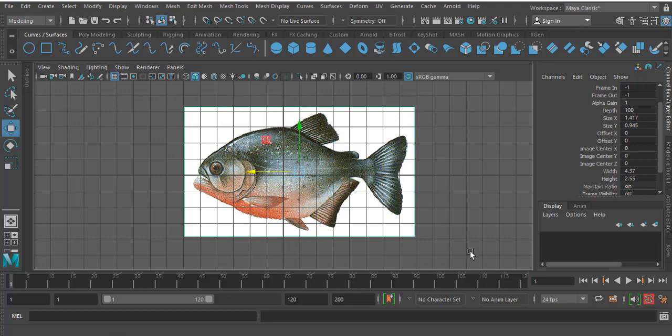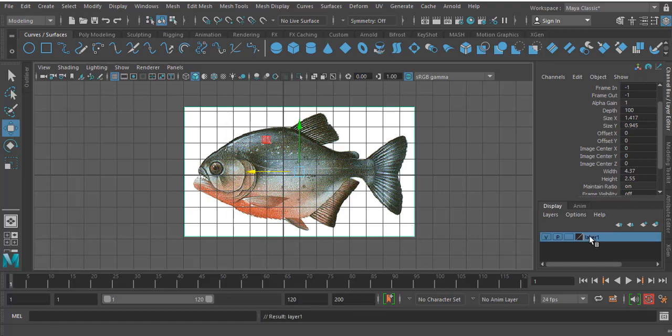Now I want to keep my reference image in a layer. So I have to go to this layer option. Here you can see the last tool is called the Create Layer tool. For all these tools, you will get the details over here once you move the cursor over them; the details will be visible on this help line. So I will select this. You have to select the reference image and click on this option.